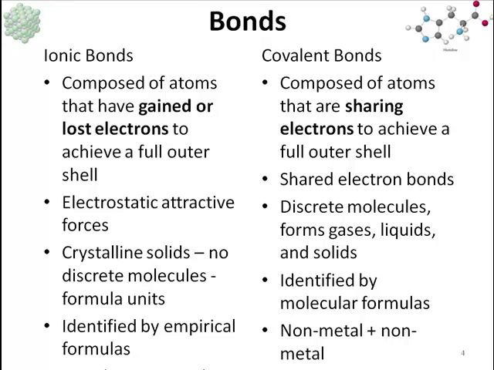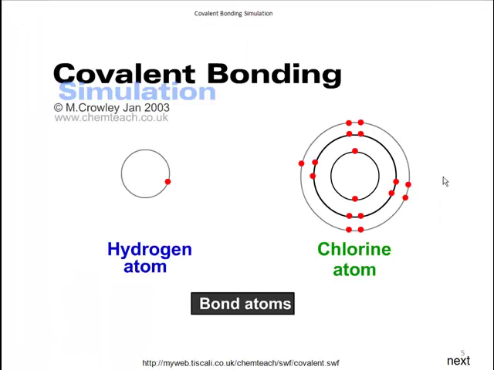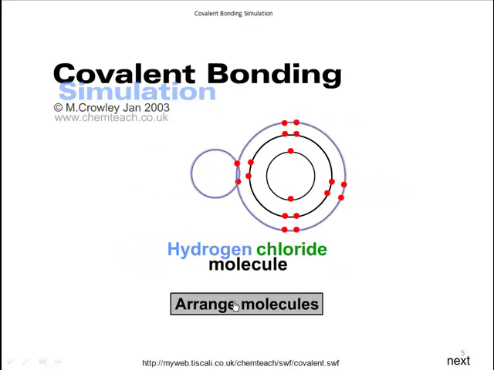So, the cool thing is about covalent bonds. We can quickly see hydrogen and chlorine. This is a simulation of what happens when they bond. Hydrogen, we notice, has one valence electron. Chlorine has how many valence electrons? 7 on the outside. And then it's got some in the middle, of course. So if we bond these two atoms together,